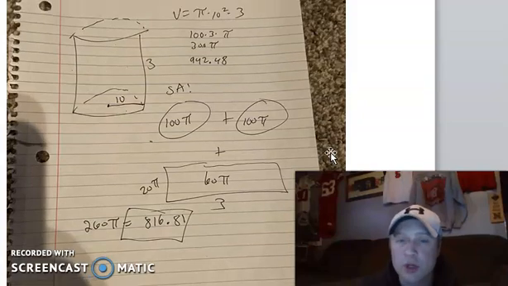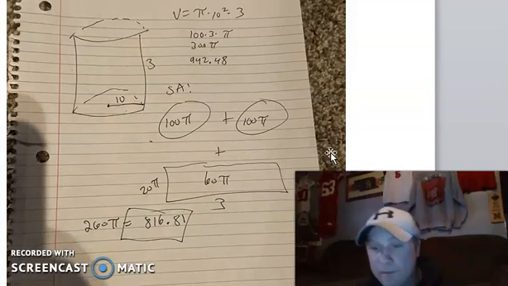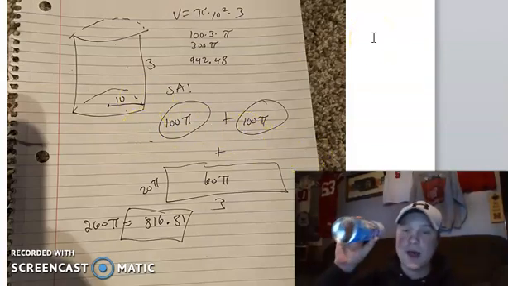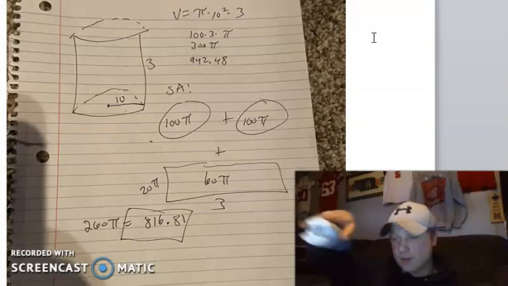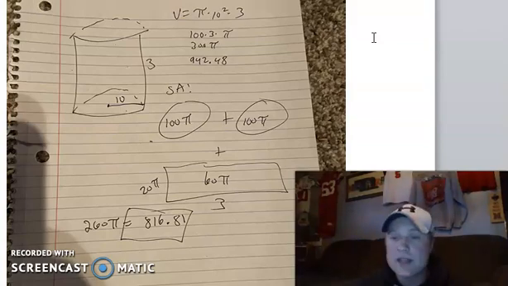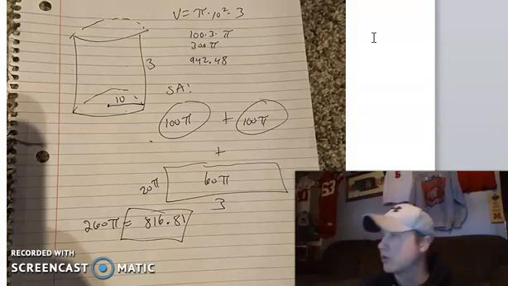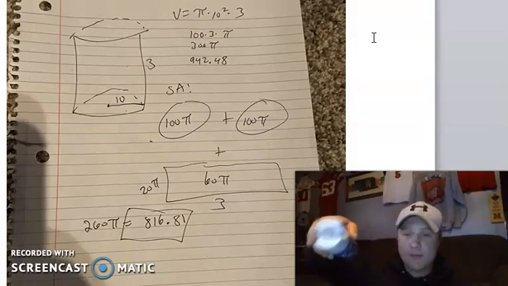There's the volume. We're good on it. Okay, surface area. Have to find the area of the 2 circles. Remember, the 2 circles would be the bottom, and they'd be the top. Okay, so 10 squared is 100, 100 times pi plus 100 times pi. Those are the 2 circles. The bottom and the top,